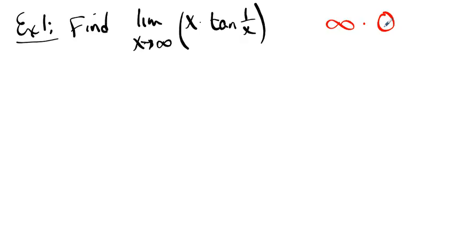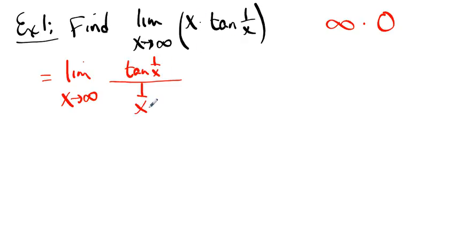So what happens when you take something that's really, really large and multiply it by something that's practically but not exactly 0? Who wins? Well, sometimes the infinity wins, and sometimes the 0 wins, and sometimes it's some neutral third party like Switzerland. So let's consider what L'Hopital's rule would do for us. L'Hopital's rule can only apply if you have a quotient, because L'Hopital's rule requires 0 over 0 or infinity over infinity. So what we do is we say this is a product that's not useful to us, but if we